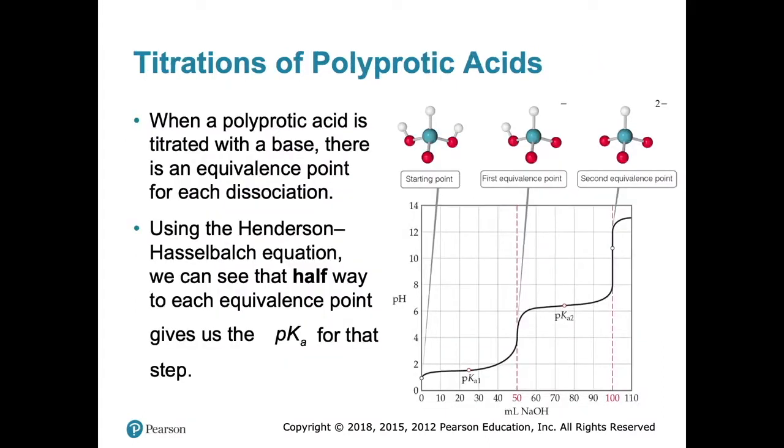So the thing I want you to know about this, I'm not going to ask you on the exam to actually calculate any Kas or concentrations with polyprotic acids, right? But basically, a polyprotic acid is an acid that has more than one proton it can lose. The very important thing is that when it loses its first proton, it has one Ka. When it loses a second proton, it has another Ka, right? So it has multiple Kas. The number of Kas it has is based on the number of protons it can lose.